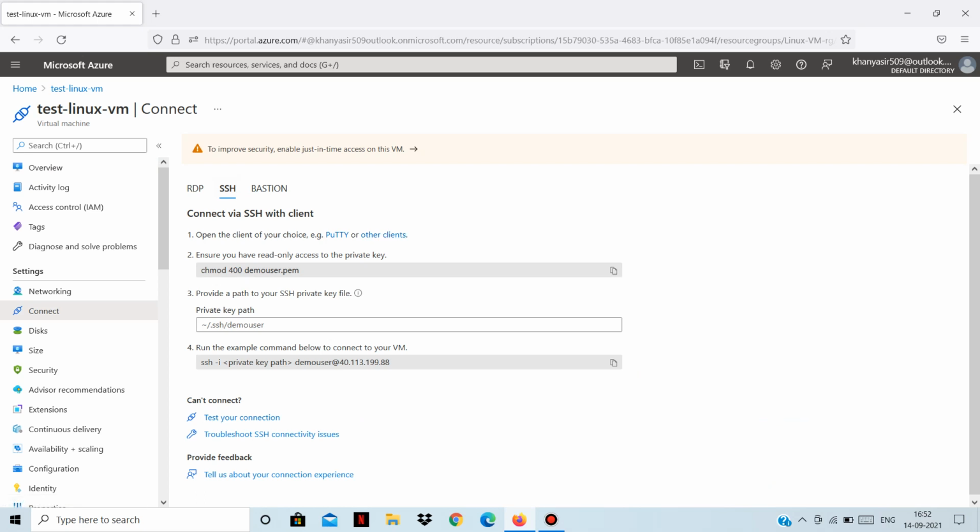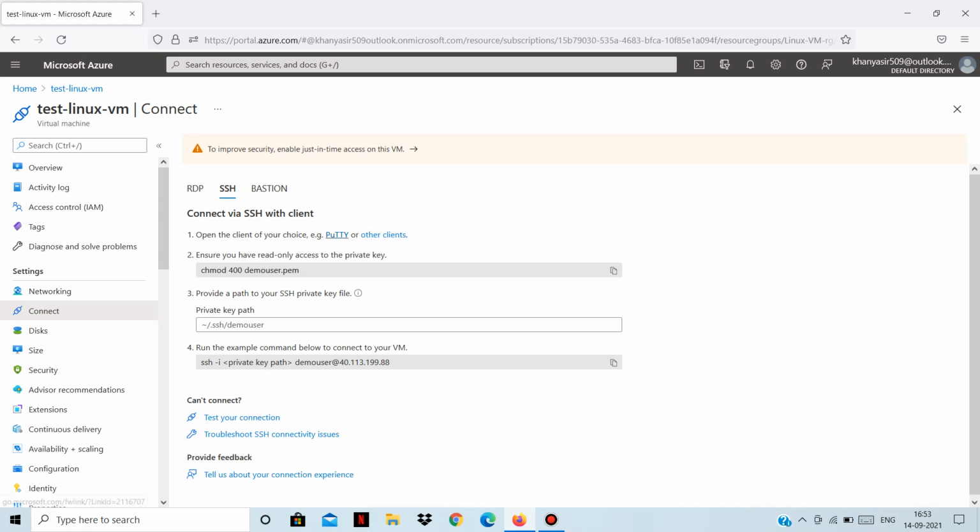And then this shows the way of how to connect to your Linux virtual machine using the SSH public or private key way. But we had selected that we want to connect to this virtual machine using administrator username and password, right? If you remember. So there are two options to connect to this Linux virtual machine, either SSH public key, private key pair, or the administrator account username and password. So we had given username and password for connecting to this virtual machine. If you want to connect to your Linux virtual machine using SSH public private key pair, this is the way you can do that.